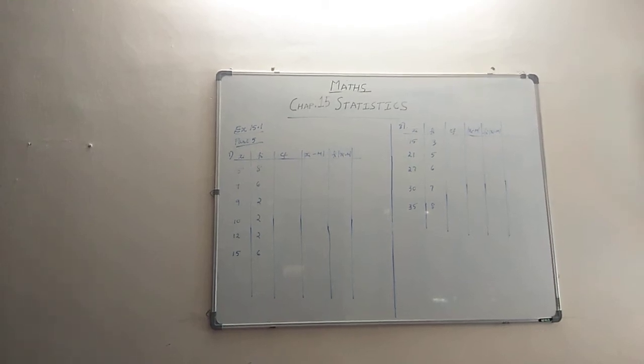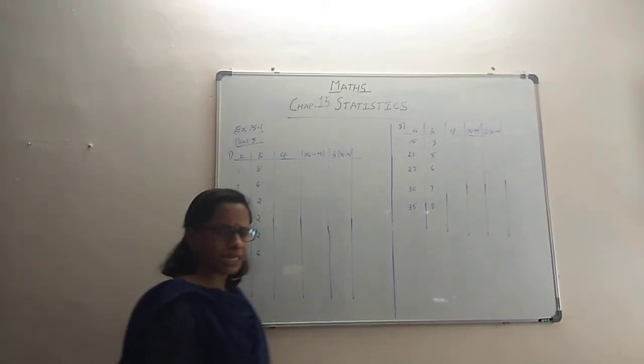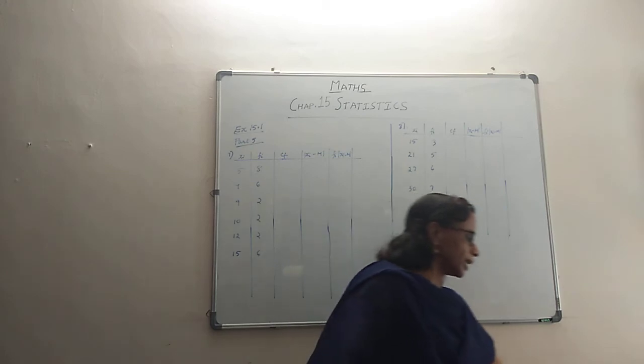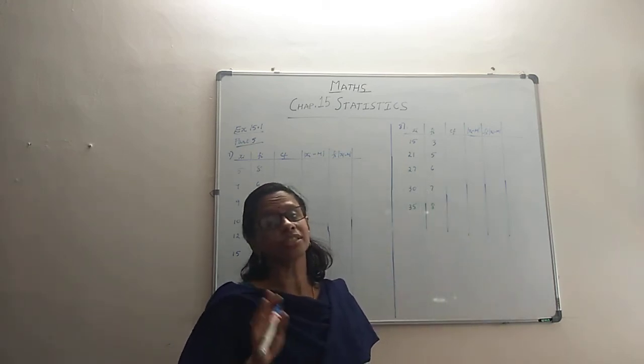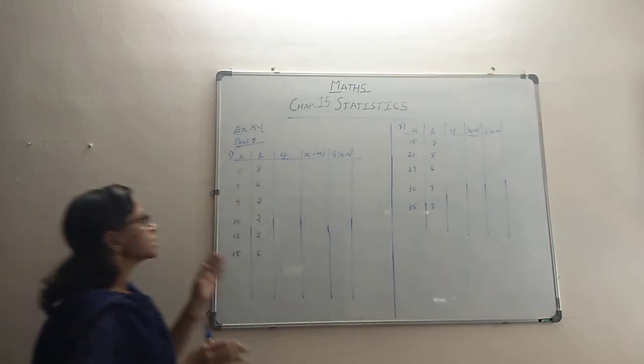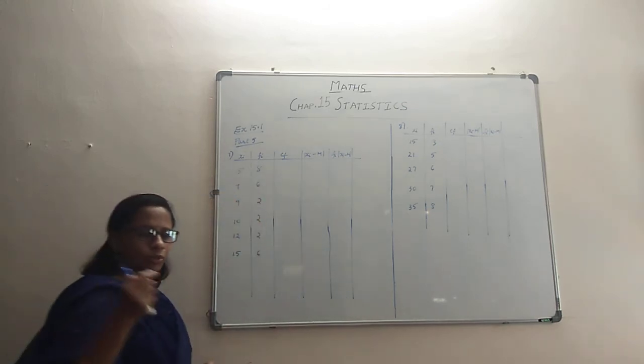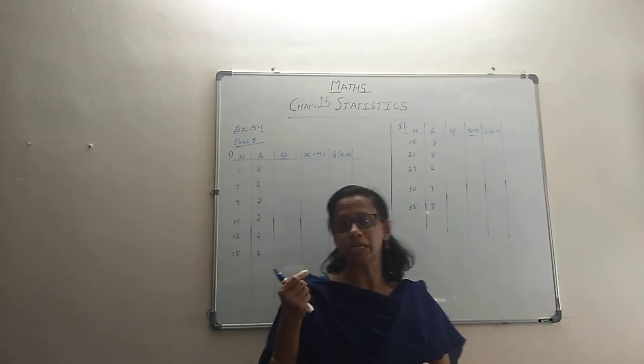Folks, we are back with the part 5 video, and here we are doing something like what we have done in the previous video where we had done the mean deviation from the mean. Now this time it is mean deviation from the median for the discrete data where you are given this xi and fi.